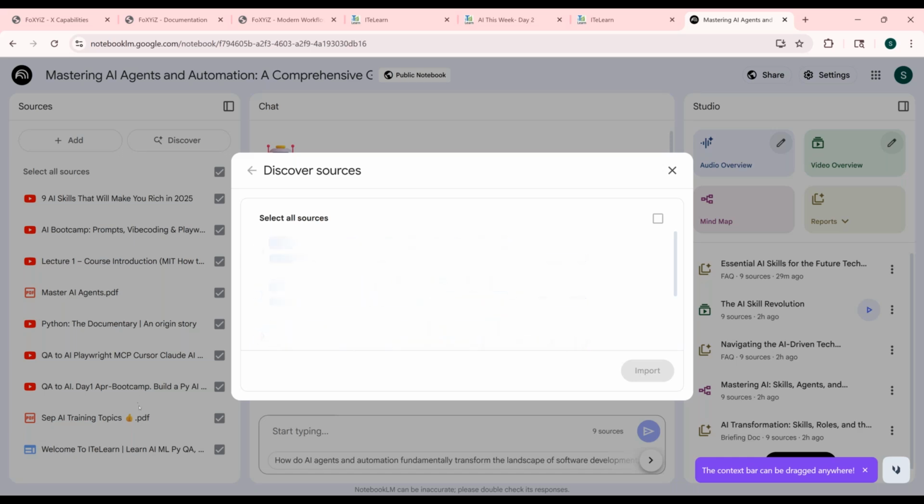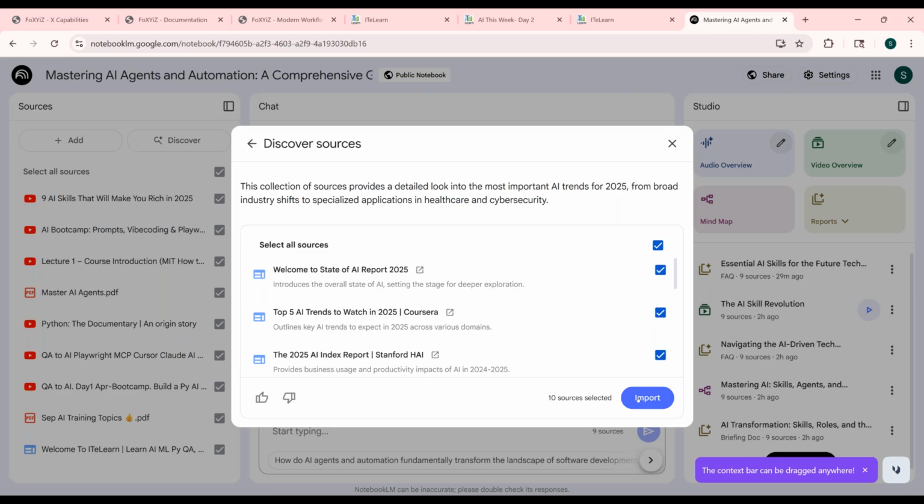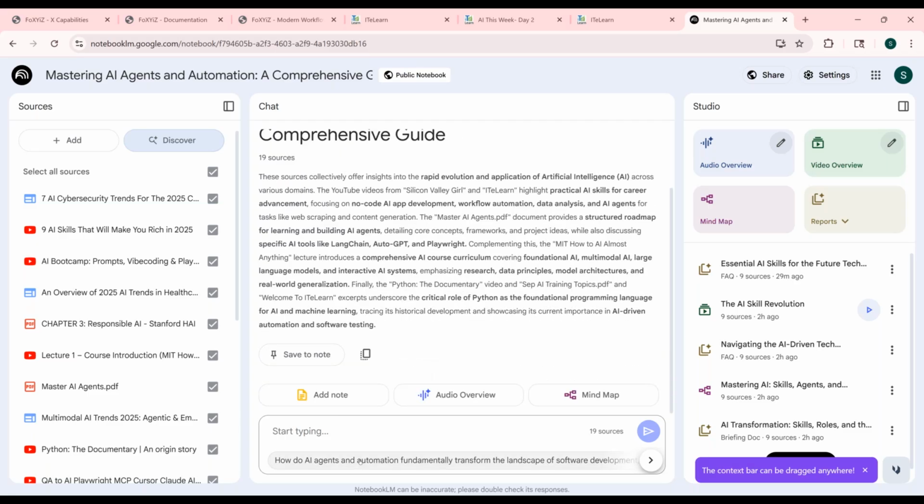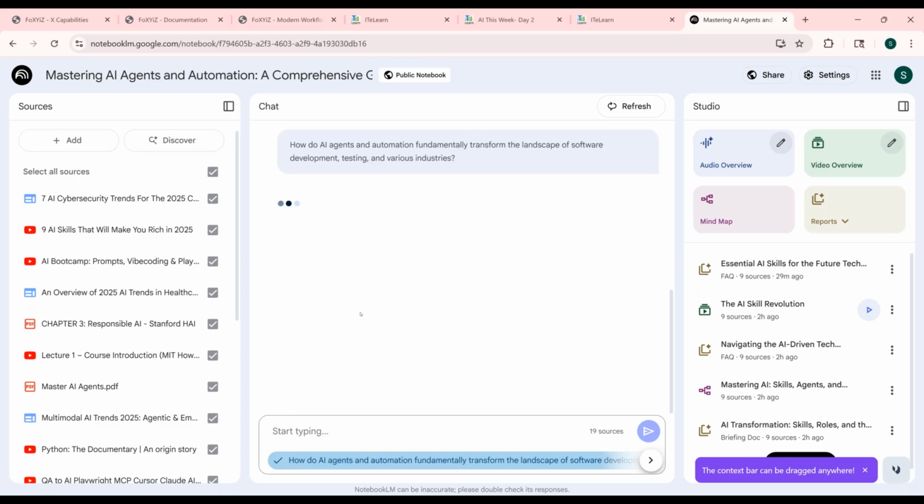So I'm adding sources. NotebookLM will not look at the overall internet to give you answers. It'll only look at the content that you represented here. Let's say I am an organization with a lot of accounts, financial documents or invoices. I can upload them all and ask any questions and it'll give me an answer. Let's say I have a PRD, a test plan or test strategy and a lot of testing data. I'll upload them and ask any question. In the center is your chat box, where you can ask questions and it'll answer only relevant to the sources you've uploaded.